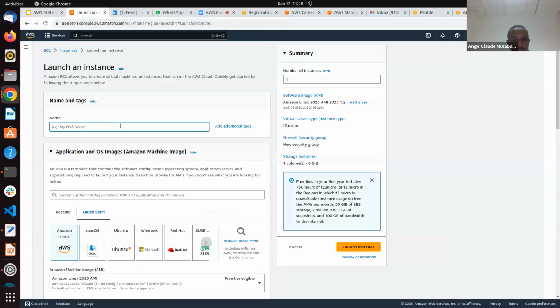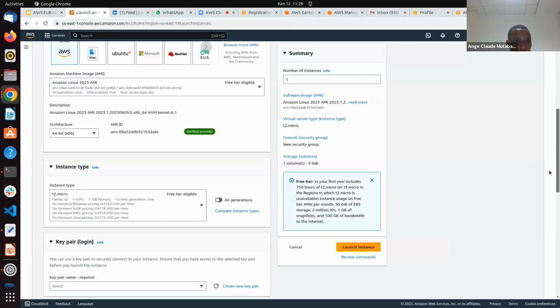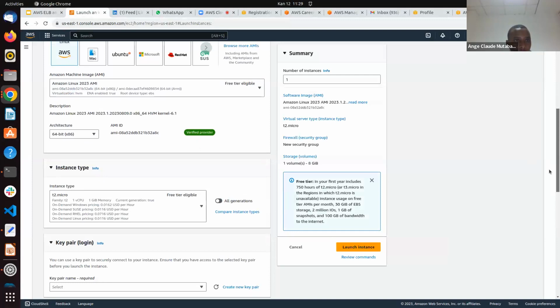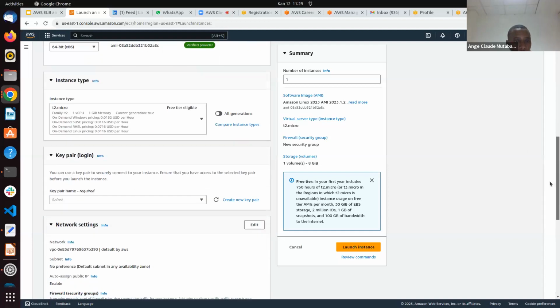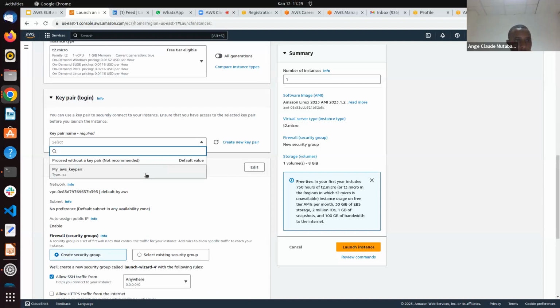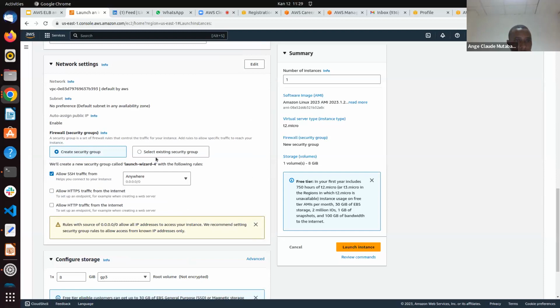I give a name, ELB EC2. So I choose Amazon Linux and I go with a t2 micro. That is fine. I don't want to change anything because for the storage, we will have a session about storage. I already have a key. So let's create